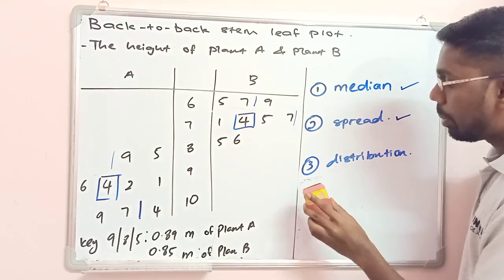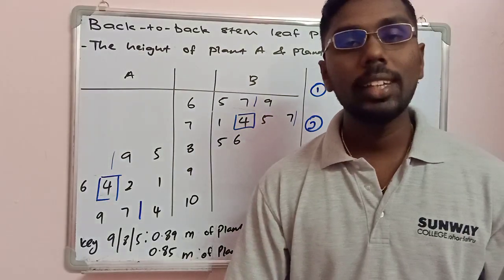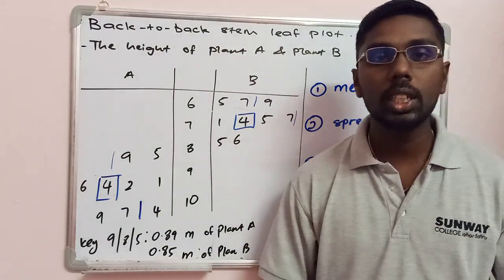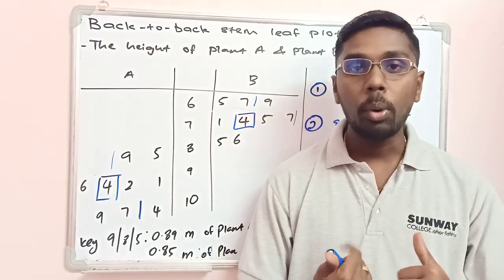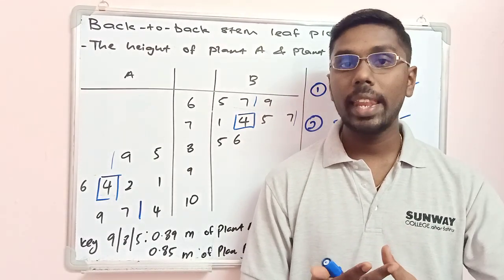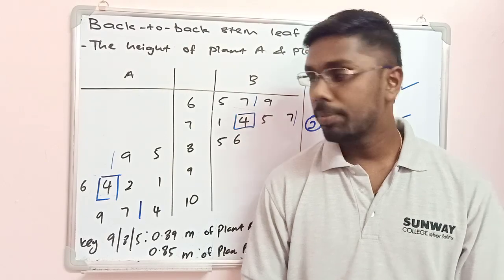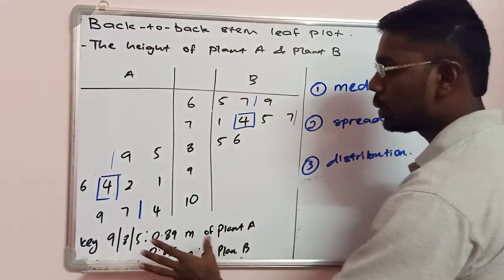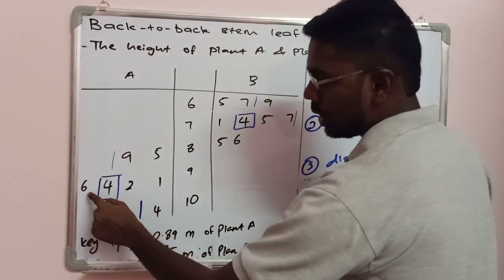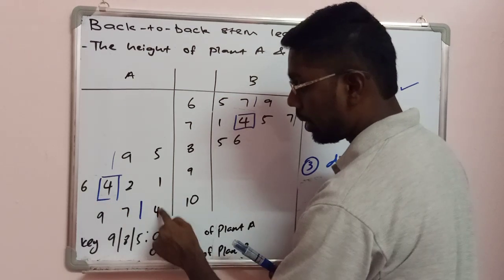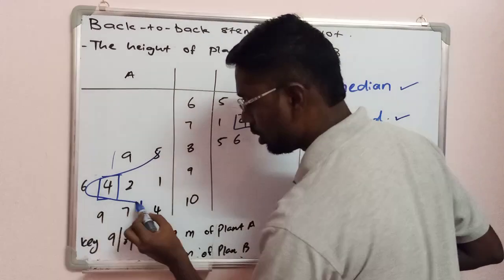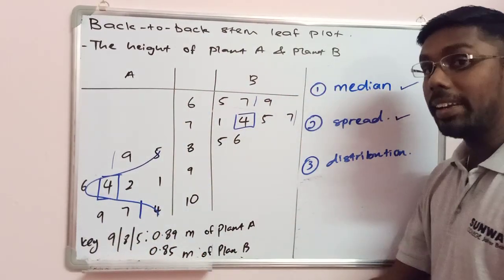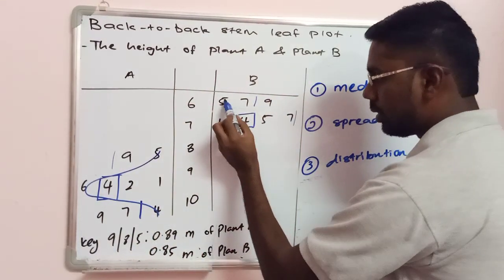Okay, number 3, the distribution. So for the distribution, normally we will talk about the shape of the distribution, whether it is symmetry, positively skewed or negatively skewed. Okay, so first we look into A. So my peak is here and my tail is here. So we need to draw something like this. It is a symmetry,